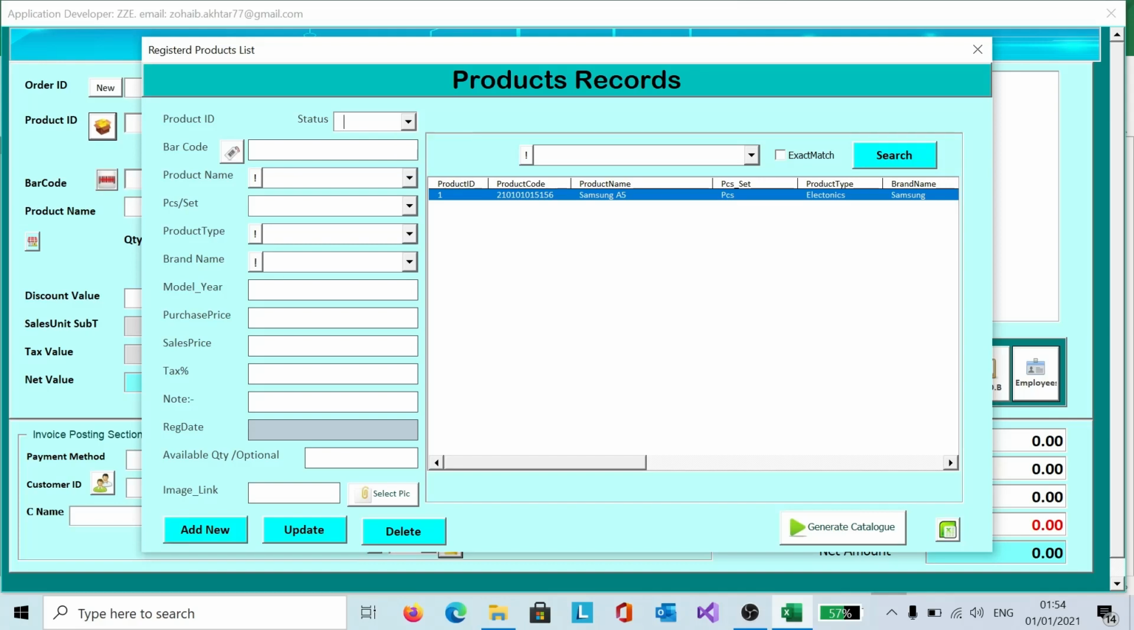We will add another. Status, we will select active. Barcode will generate automatically. Product name. Okay, this time we will add laptop. For example, Lenovo I5, set product type, laptop, brand name